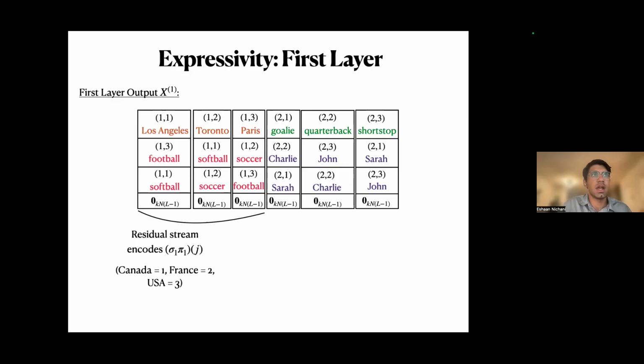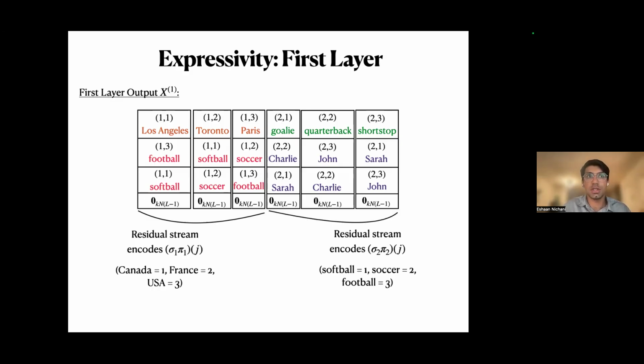The same thing is done in the residual stream of the next 3 tokens, but in this case σ_2 of π_2. And here it's the person or the name corresponding to each sport, based on the numbering we picked for each sport. I think this was a lot of details in a row, so maybe I'll pause here. Are there any questions about how either the embedding works or how the first layer construction proceeds?